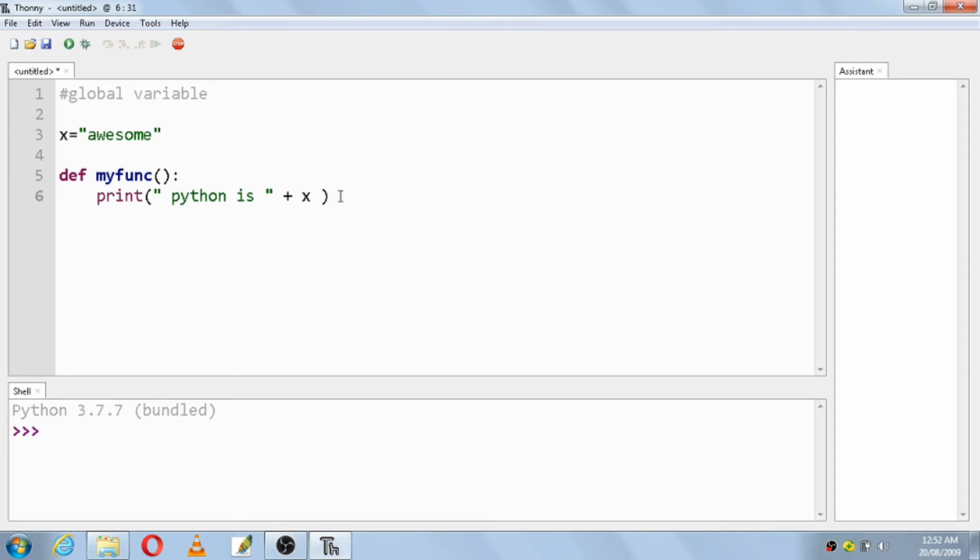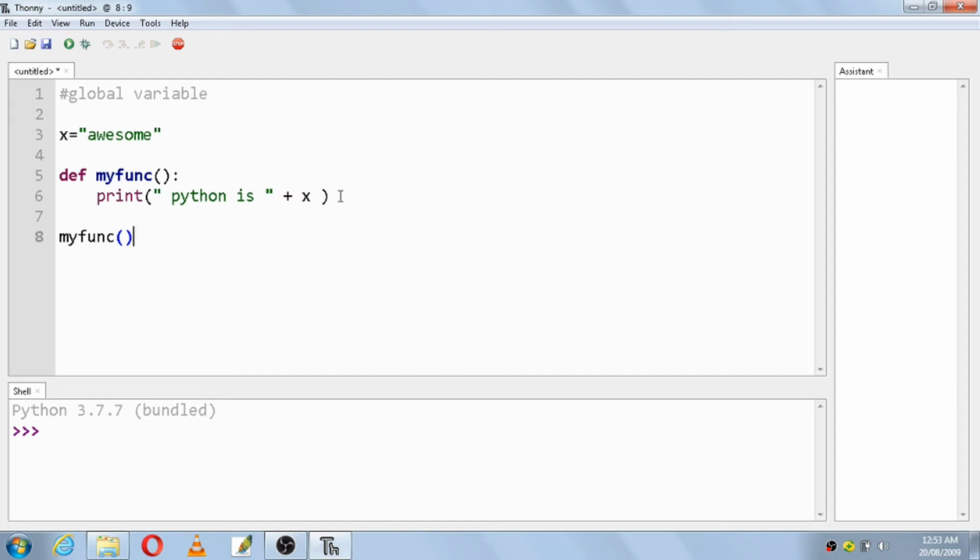Then we end the function here, and then we will call the function. Calling the function is just by using the function name with a pair of parentheses. You all know function names usually have a pair of parentheses.